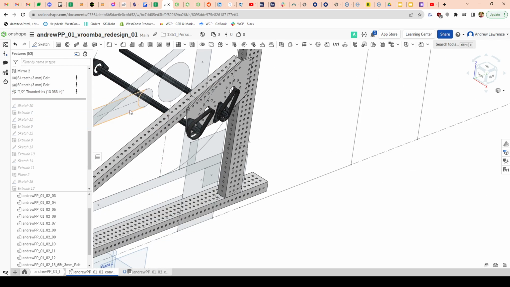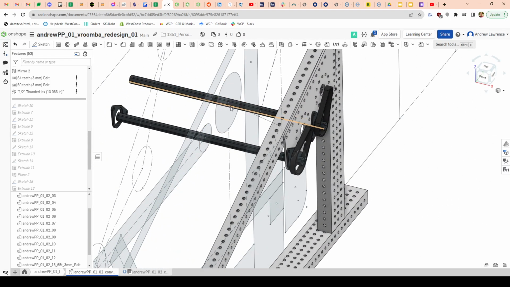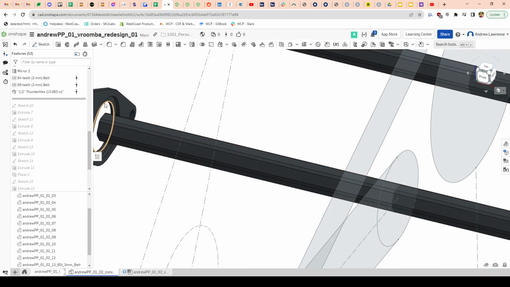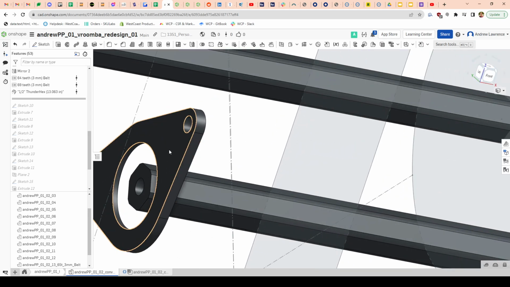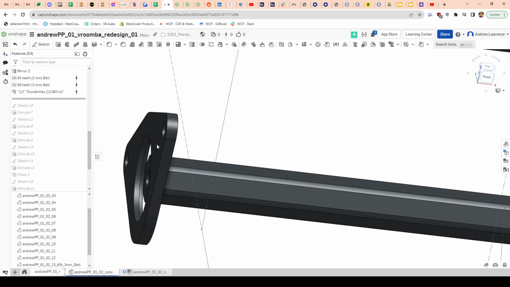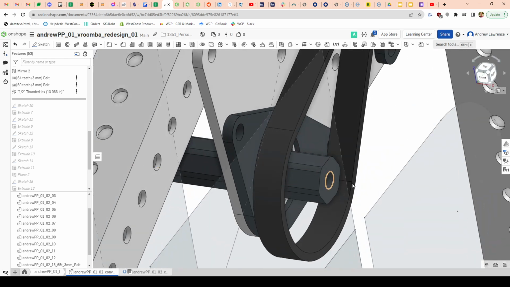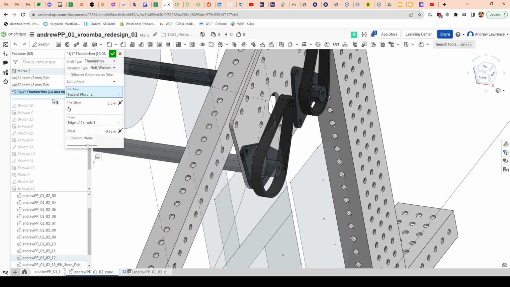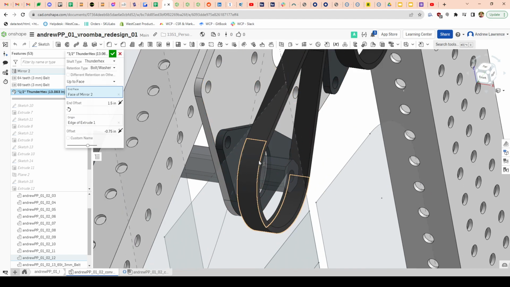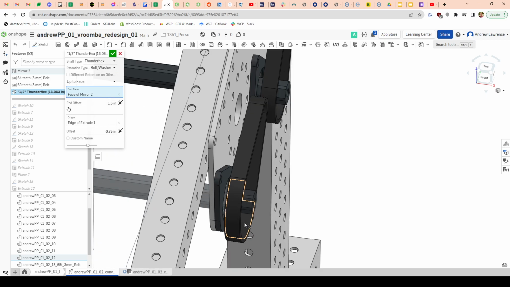I made this shaft using a similar method to the original one. However, I didn't have to mirror it over, because I actually had my start and end point already figured out thanks to this component. So I referenced this inside face right here, and then this outside was measured based off of the pulley. There was some weirdness there. I wanted to offset it from this over here by 3/4 of an inch, because remember we did 3/4 of an inch over here. I don't know what I did wrong,